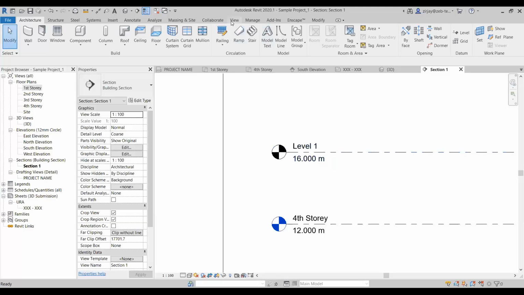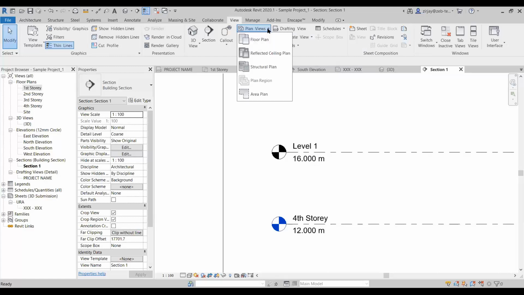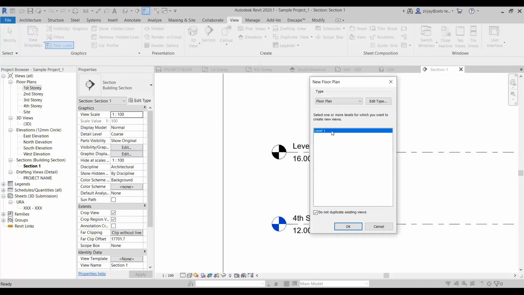So you will have to go to view, create a plan view, floor plan, and it will show you that particular new level that you have created. It's saying these are the views that don't have floor plans yet. And it's only showing this level because it's saying do not duplicate existing views, because there are views already assigned to the other levels. But if I unclick this, it's supposed to show me all the levels in the project. So that's one way, but